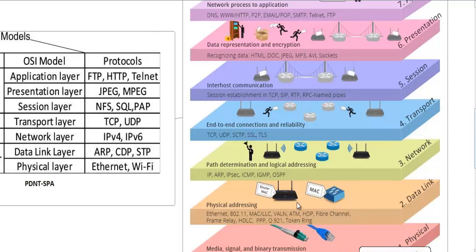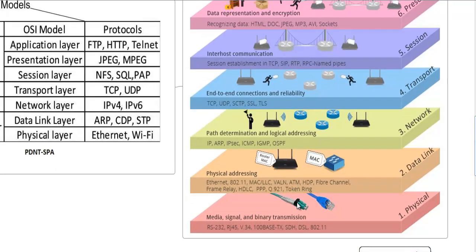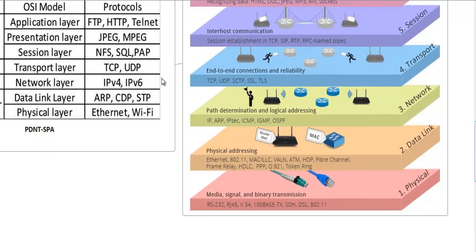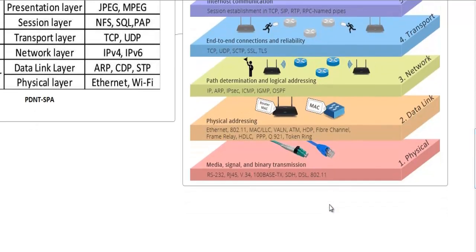At the transport layer means end-to-end connection and reliability. TCP, UDP, HTTP, SSL, and TLS work at this layer, the transport layer. And the network layer: path determination and logical addressing, IP, ARP (Address Resolution Protocol), IPsec, ICMP, IGMP, and OSPF work at the network layer. And at the data link layer, physical addressing takes place, and all of these work